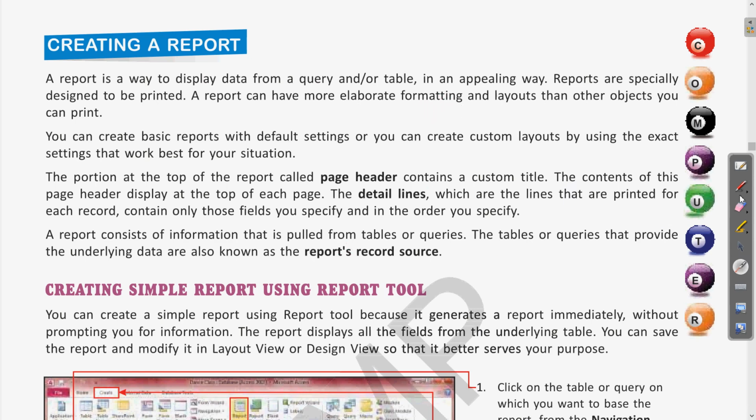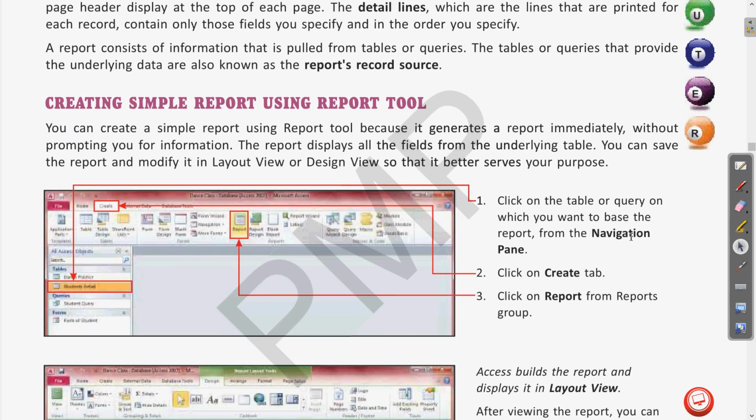The source of these reports is called the report record source. And we have two terms in this. One is the page header, meaning the title of the report at the top, and the other records available below that are called the detail lines. We have seen all these things.